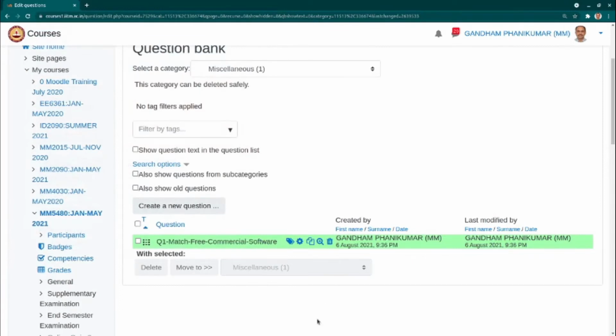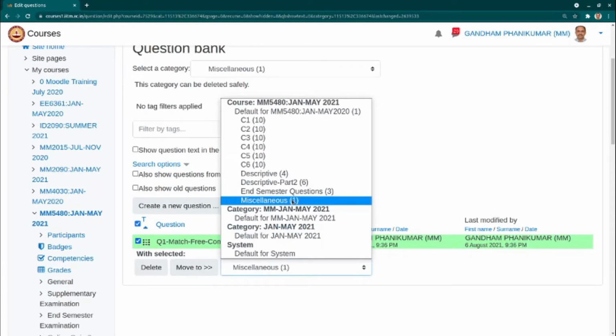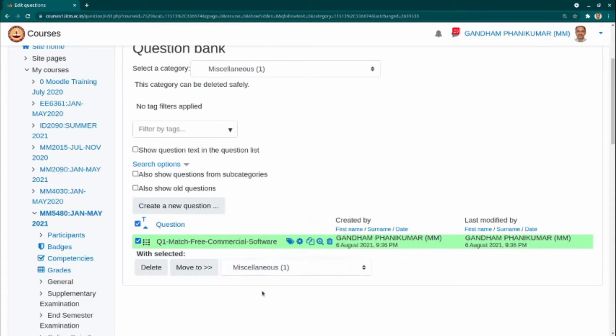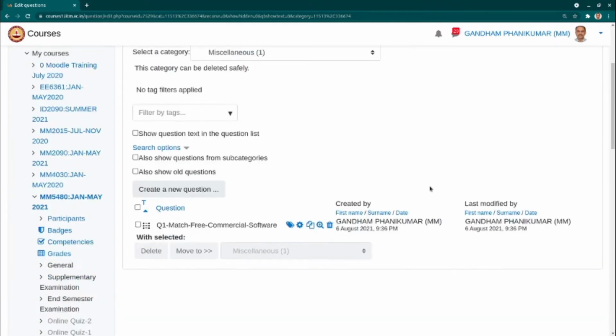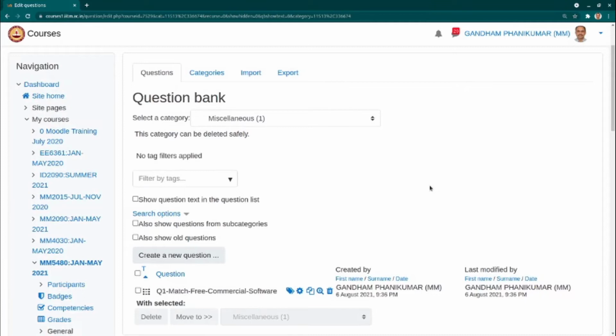Now once we have done this question, if you wish, we can actually select it and move it to some other category if you wish. In our case, actually we have kept it under miscellaneous category. We just leave it like that, but in case you wanted to put it somewhere else, we can do that now. Okay, and if you choose the same category and click on move, nothing will happen. It won't complain. So this is how we author the questions, and we can do that for every type of a question as we like.